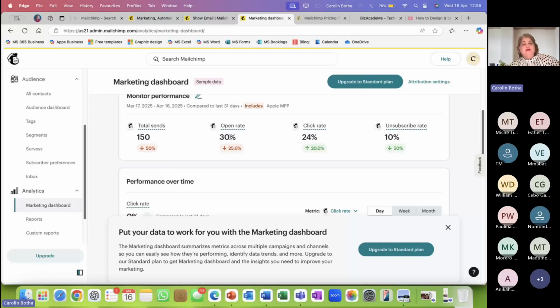That happens, only 30%, and only 24 of them clicked on that action button, and then 10% have unsubscribed. And it will even compare that with your previous campaign if that is a better go this time around, and you can imagine what you can change, maybe the wording or whatever else. That's a story totally on its own.